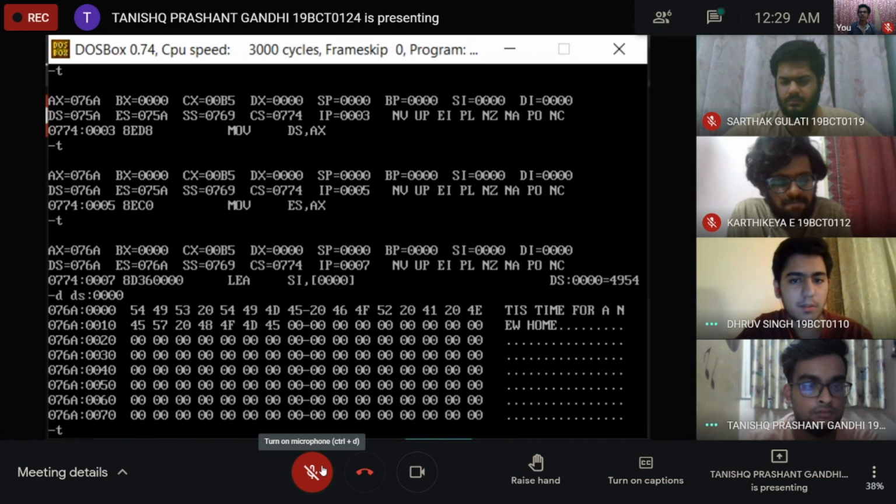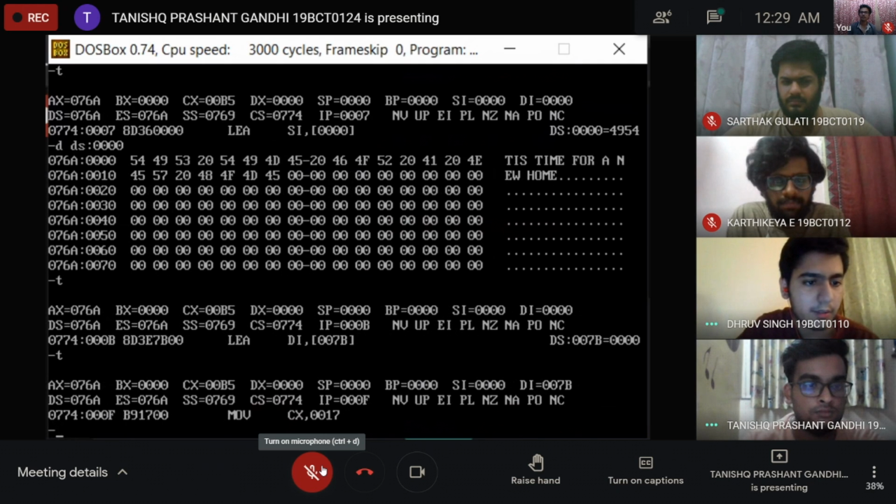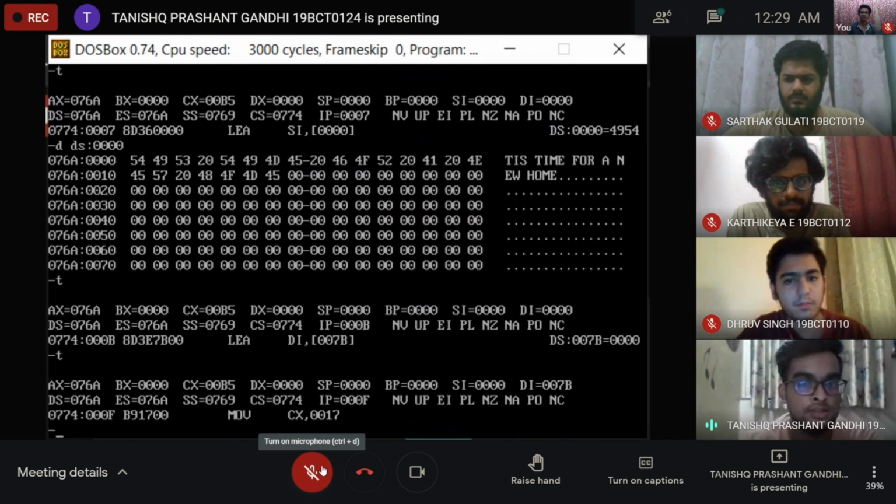Now, using the next trace command, we can see that the destination offset value is available in DI, which is 007B. Now we are moving the total length of the string into the CX register, which will act as our counter.